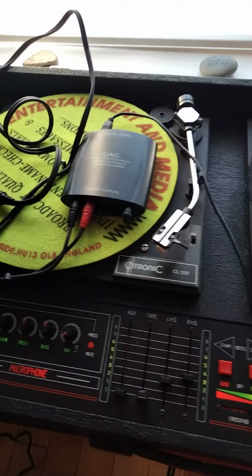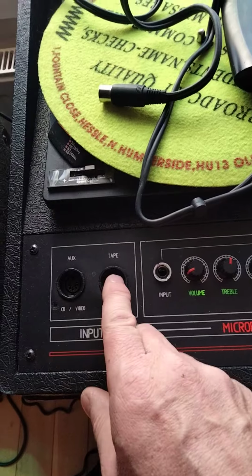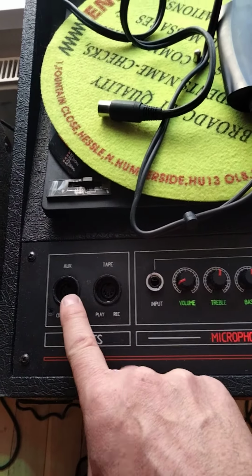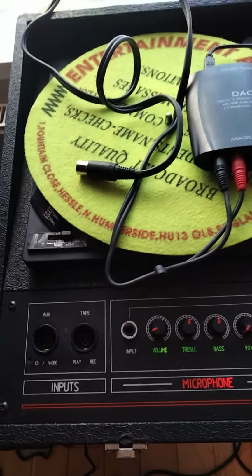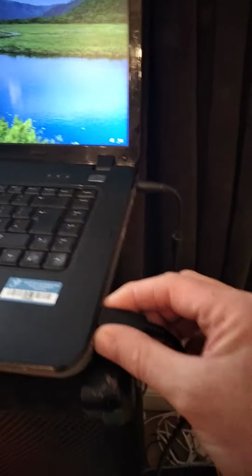So let's look at the other audio inputs. Over here we've got connections for auxiliary and tape. Well, we don't use a tape player, but what we do use them for is you can use either of these for things such as the CD or a computer input. So for example, over here I've got my personal computer, so you can replace this or use your own computer,